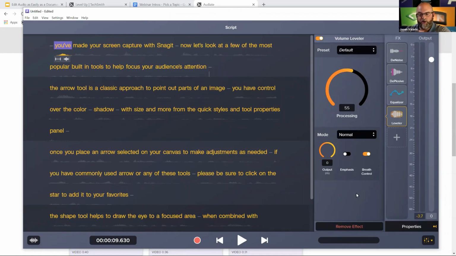So when the audio is done, now what? Well, there's a couple of things you can do. There is an export button in the upper right-hand corner, and you can export right now either to a file where you save the individual audio recording and place it somewhere else or place it into another tool, or you can export it to Camtasia, which is what a lot of people